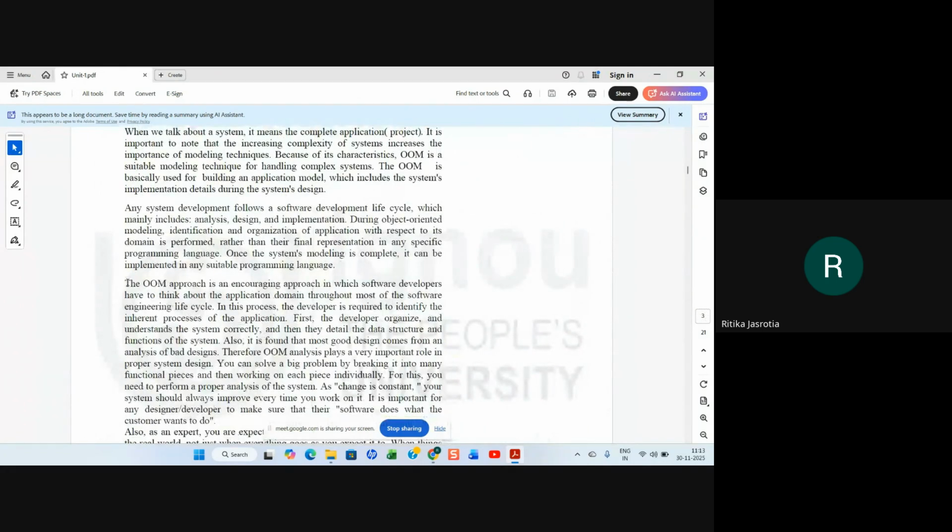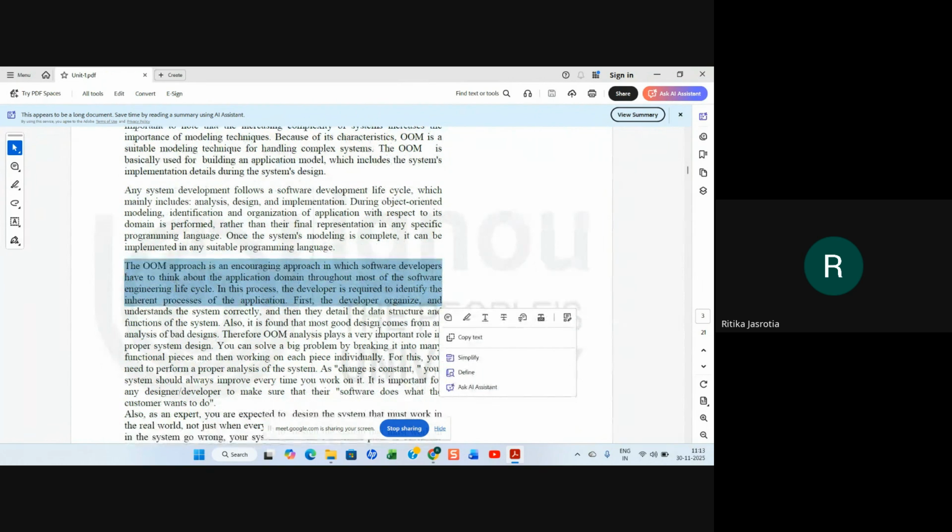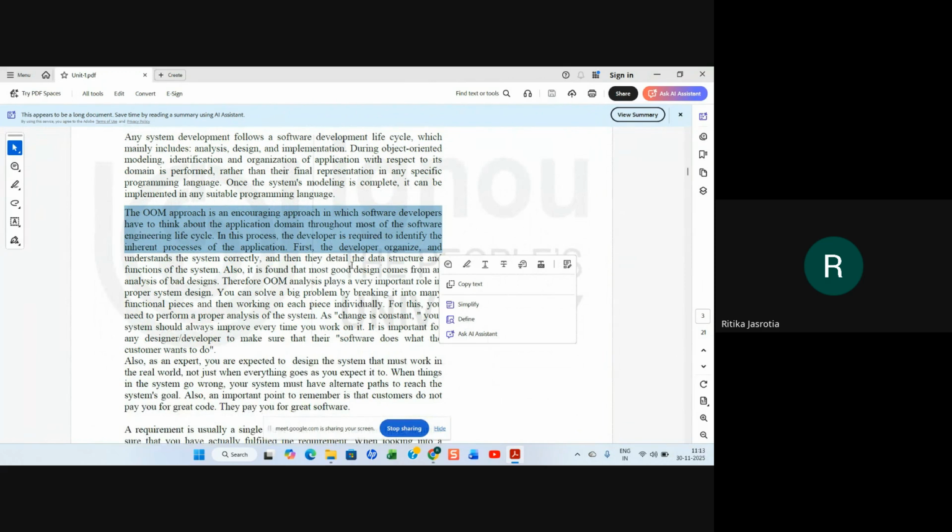So here, the object-oriented modeling approach is an encouraging approach in which software developers have to think about the application domain throughout most of the software engineering lifecycle. In this process, the developer is required to identify the inherent process of the application. First, the developer organizes and understands the system correctly, and then they detail the data structure and functions of the system. Also, it is found that most of the good design comes from an analysis of bad design. So therefore, object-oriented modeling analysis plays a very important role,